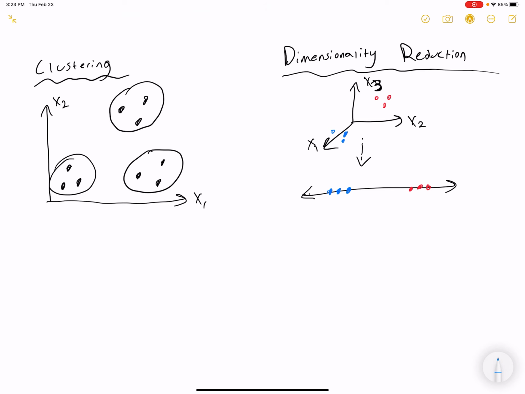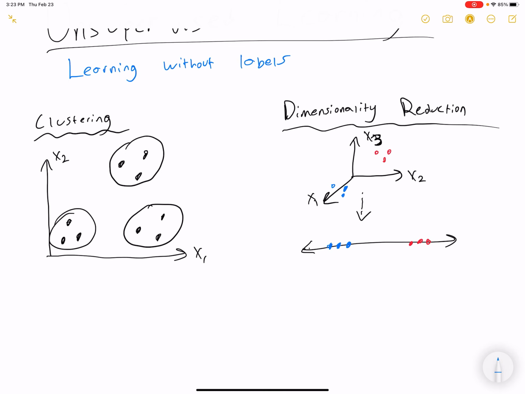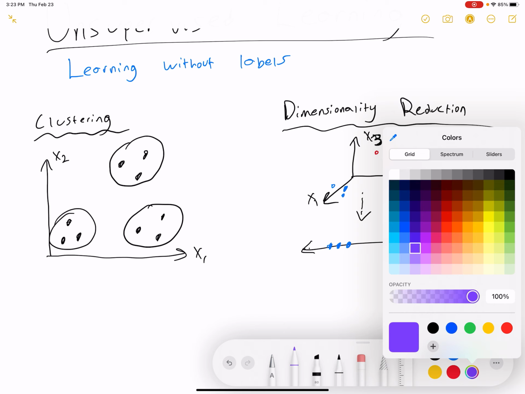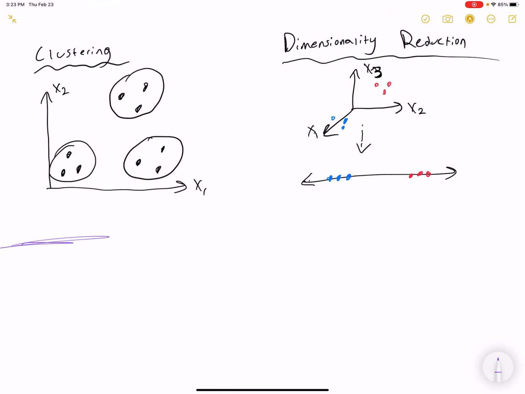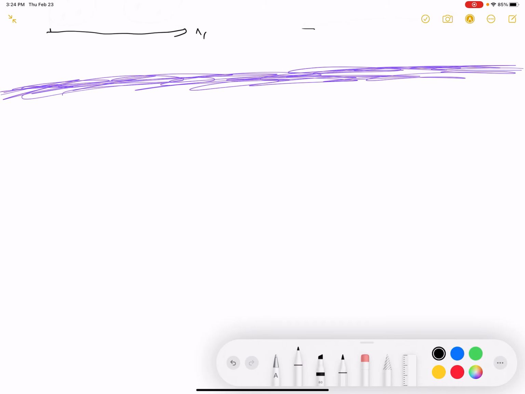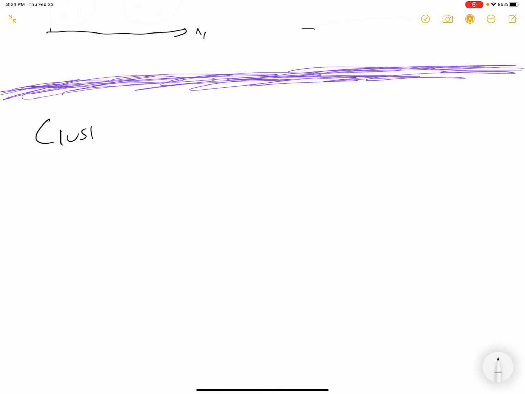I think on the first class, I also mentioned anomaly detection. You could actually do anomaly detection with clustering, or with dimensionality reduction and clustering, or with supervised learning. So I'll leave that to you to think about how would I implement an anomaly detection model using all the methods we've learned in class. Okay, so starting with clustering, we'll talk about two main clustering algorithms. And so